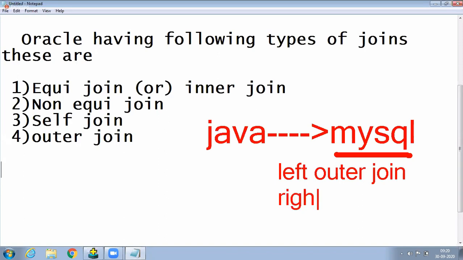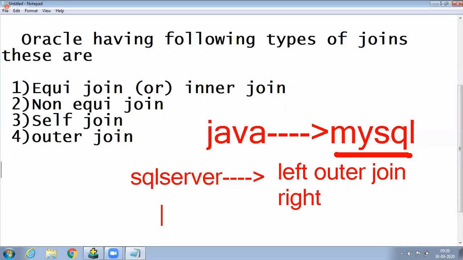Again, in SQL Server, a Microsoft product, you also have left outer join, right outer join, full outer join.